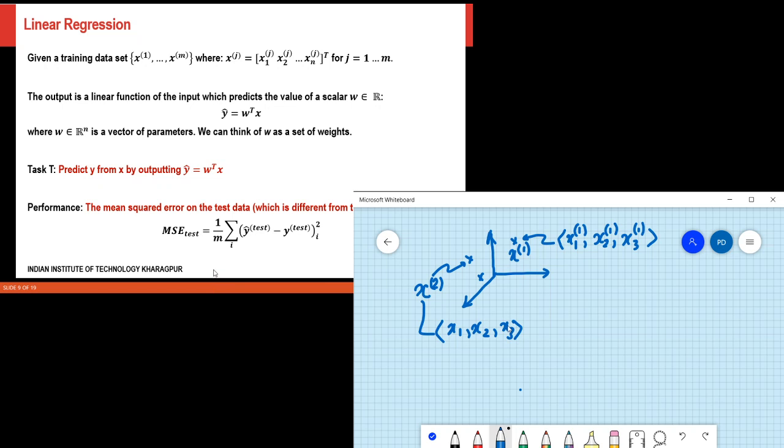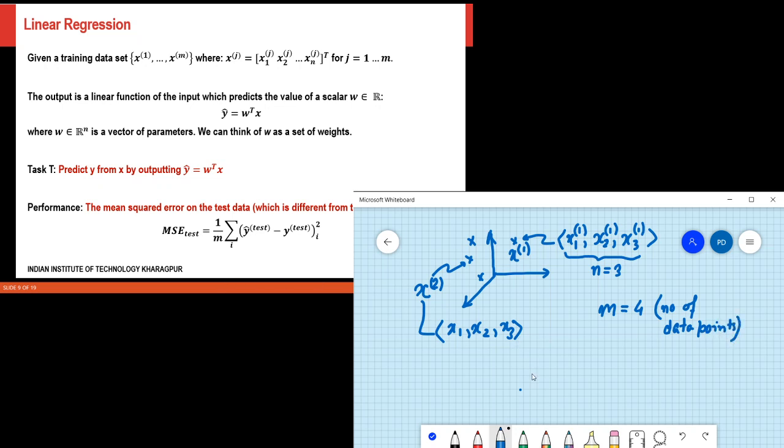So in terms of what you see there, the dimension is n equal to 3, and the number of points that we have here, I have point 1, 2, 3, 4, so my m is 4. This is the number of data points that I have.